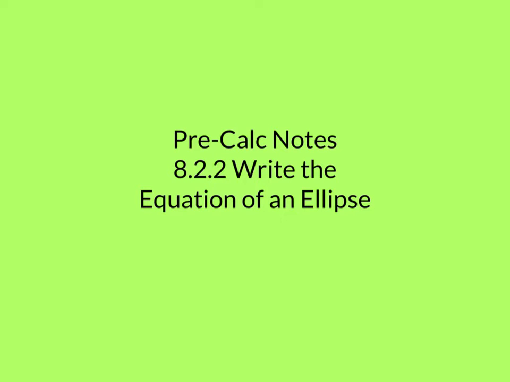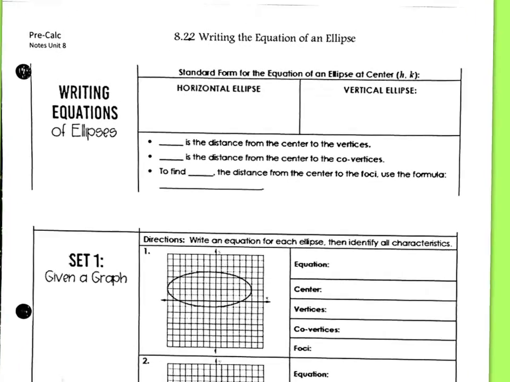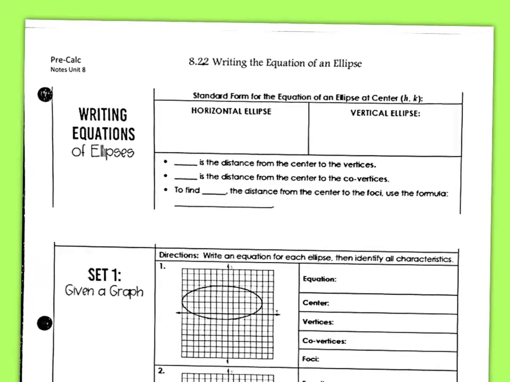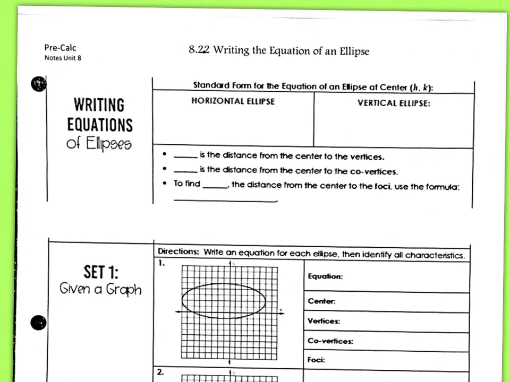Welcome back. We are moving on with ellipses today. We're going to start with just a quick reminder of the formulas. They're also on the formula sheet, but in case you don't have that, here they are. So if it runs horizontal, if it runs this direction, that means x and a are going to be